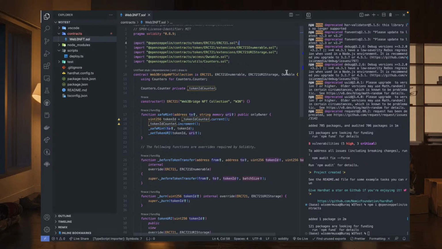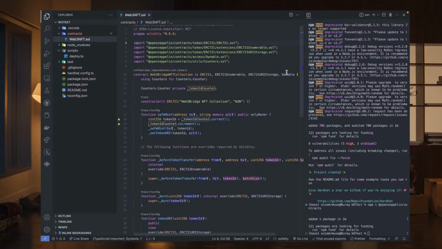Now, what does that mean? It means that the internal functions of these will be accessible to us, to the internal functions of the ERC721 that are written by